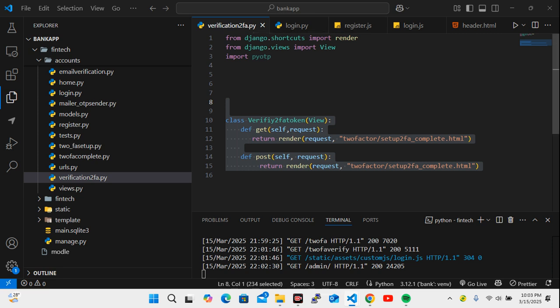So the first thing: any user that would visit this page must be a logged-in user. We don't want to keep it open where anybody can have access to this URL. So any user that comes in here must be